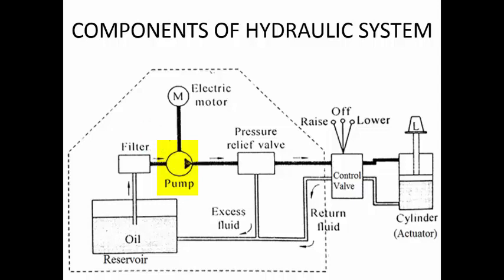This movement is achieved by using a prime mover, which can be a diesel engine or an electric motor. But more commonly we are seeing the electric motor driving the pump. Now when the pump is operating, it will create a suction or low pressure inside the casing of the pump. In the reservoir you have the oil, which is exposed to atmospheric pressure, and this pressure on the oil will push the oil into the casing of the pump because there is a pressure difference. So oil will enter into the pump casing.